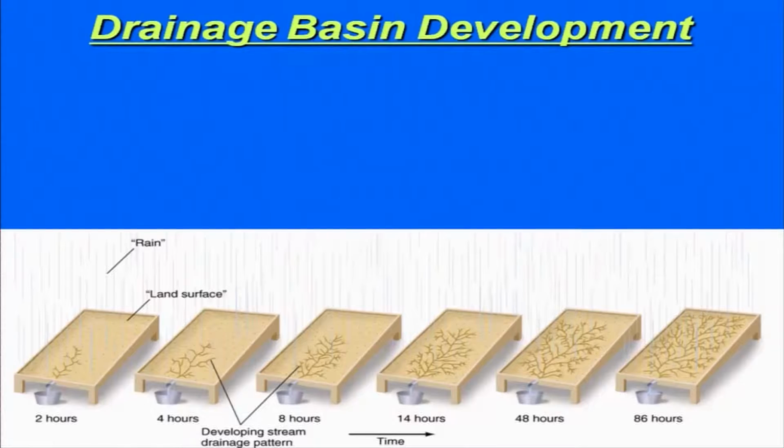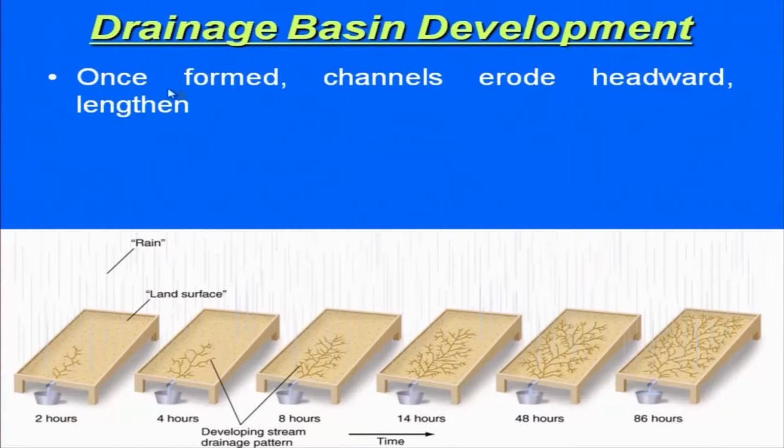Now the formation, or the evolution, of the drainage: usually what has been seen is that it will grow towards the headwater, or it grows upstream, because the smaller streams keep joining and keep resulting in the extension of the basin. So once a drainage basin is formed, the channels erode headward and lengthen. Slowly what will happen, the precipitation is the same here,